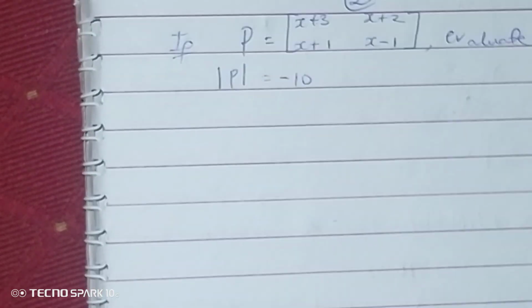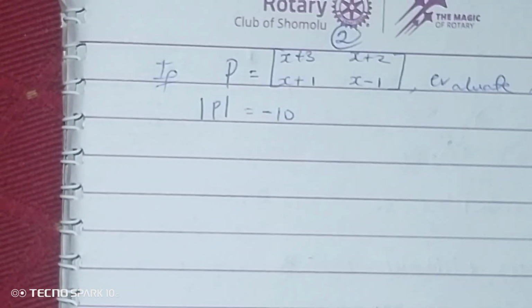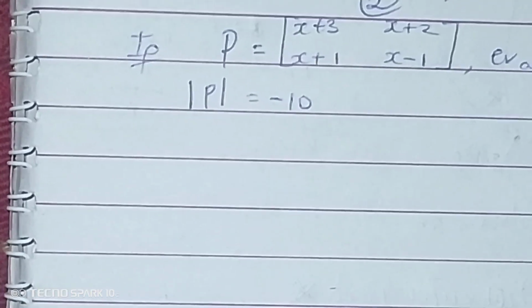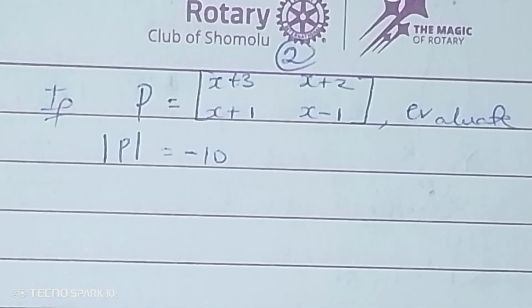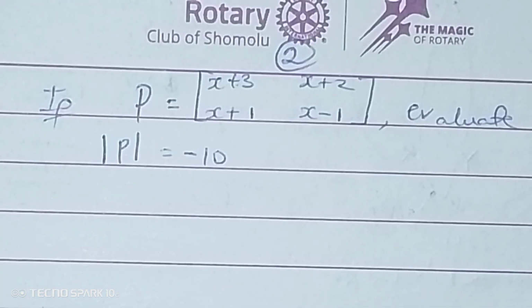Now, this is the matrix cited. So if you need to write it, you can write it carefully. Now, let's go to the solution. We were given a matrix, and the name of the matrix is P. So if P is equal to x plus 3, x plus 2, x plus 1, and x minus 1, those are the elements of the matrix P. So they said we should find, that is, evaluate